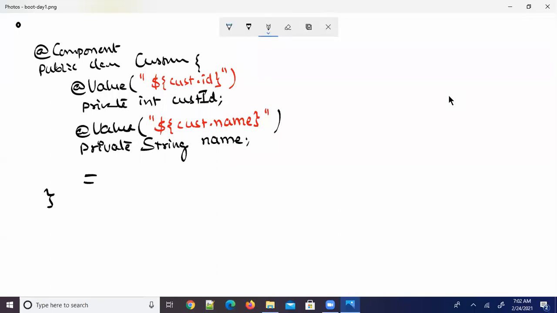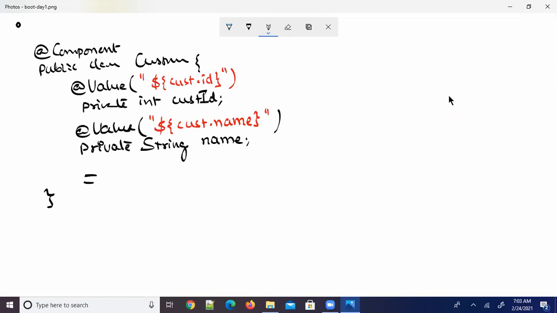These are actually called placeholders. So we can pass a placeholder. A placeholder starts with a dollar and curly brace and ends with a curly brace. And this cust.id is the placeholder name.